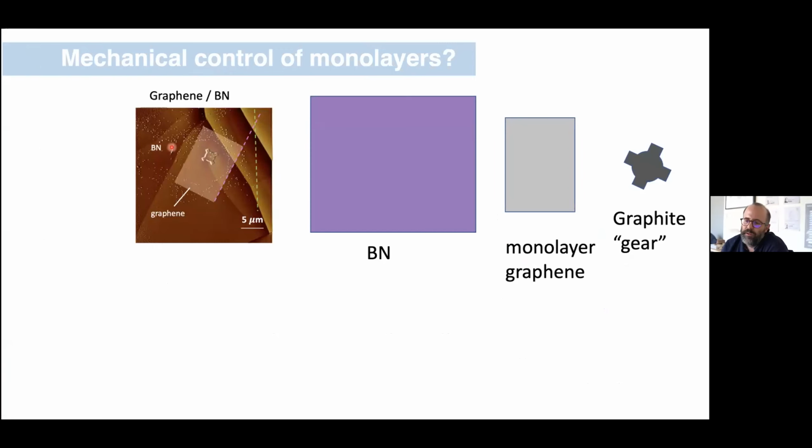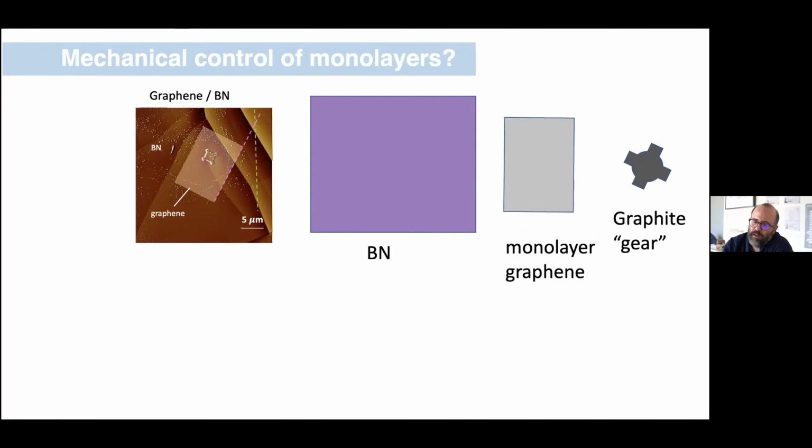Okay, so in the final few minutes, what I want to do is ask, can we apply this business to monolayers? So what I showed previously was we were rotating bulk BN, which we imagine we can get some purchase on and rotate on graphene, etc. So we devised a scheme that allows us to do this. As a cartoon illustration, imagine I begin with BN and I begin with really monolayer graphene. And on the far right, I've got what we're going to call a graphite gear. So this is bulk graphite that I've just etched into a shape.